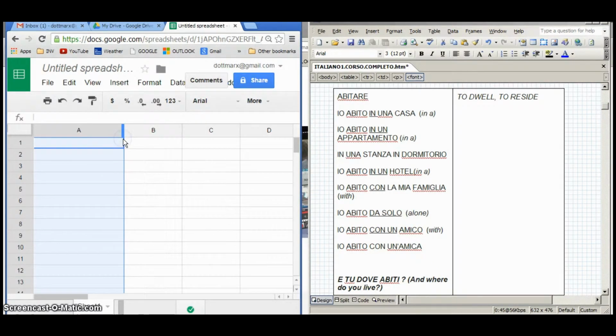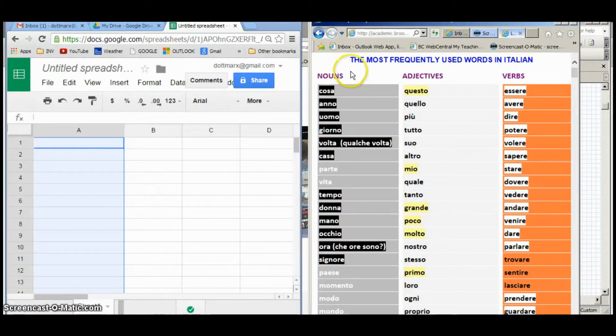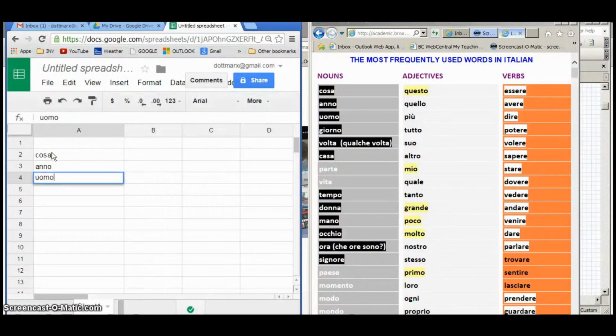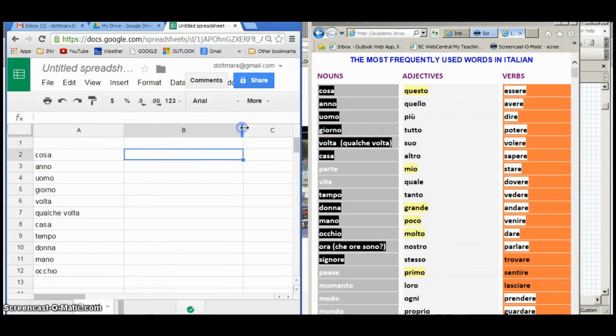I am going to use now a chart that lists the most frequently used words in Italian by Italians. And I believe this has to do with conversation, not with the written language. So I'm copying the various words, the top 10, 12 nouns in this case. I go through the process, I do the translation,